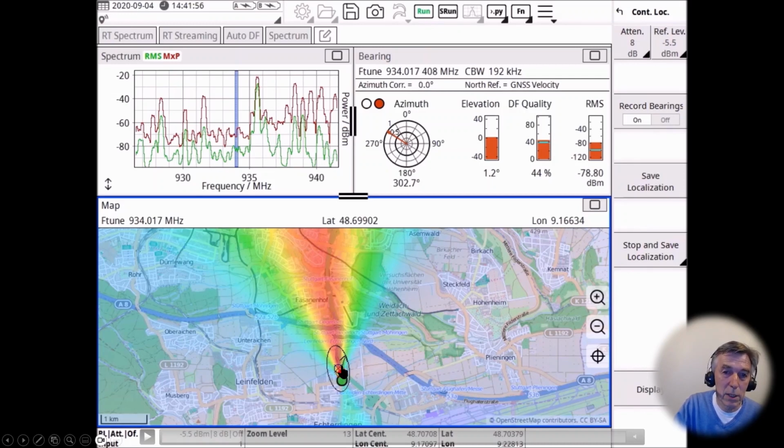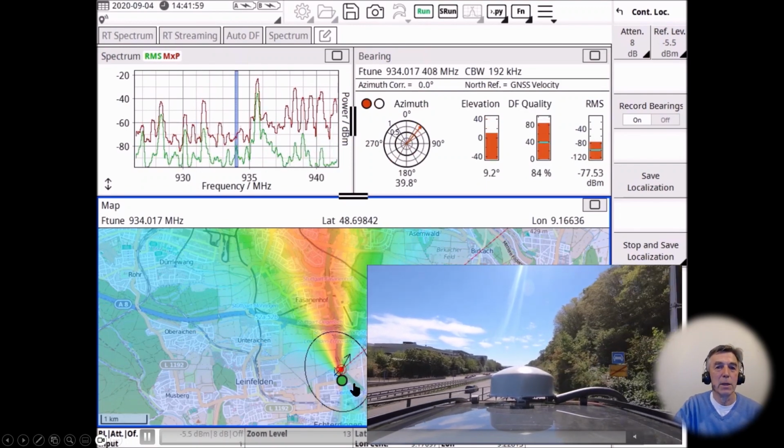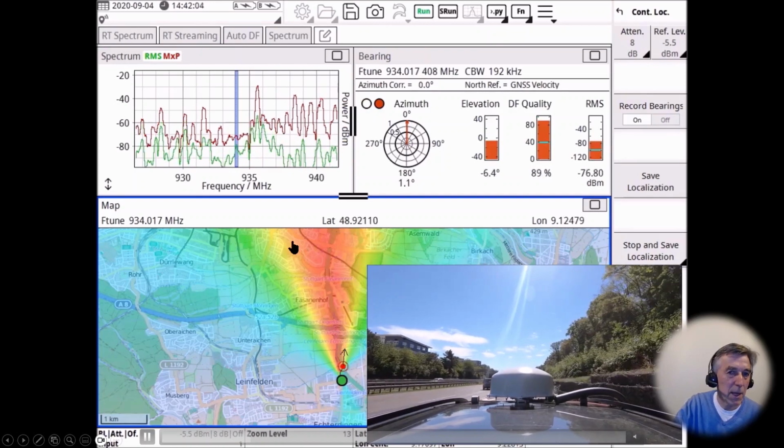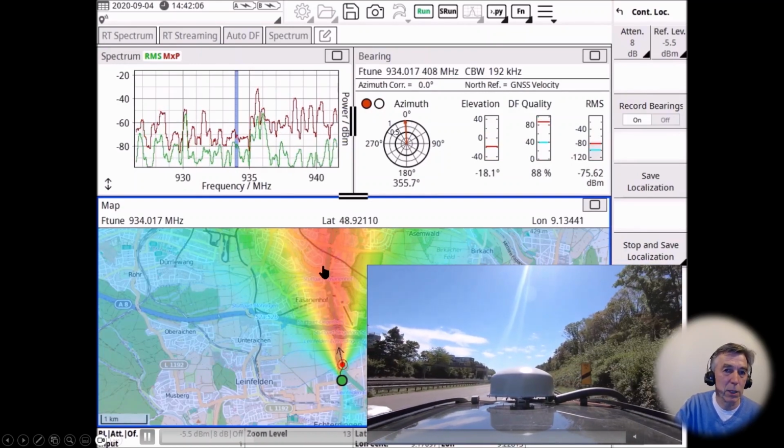It already made a location. It is giving you here a location. But in this case, when the triangle is looking like this, the interpretation is drive northwards. What we need is a circle. When the statistic is telling us here is a circle, a red point, then this is more a localization, okay? It's giving us already results for the localization, but as long as we have such a red, open triangle,